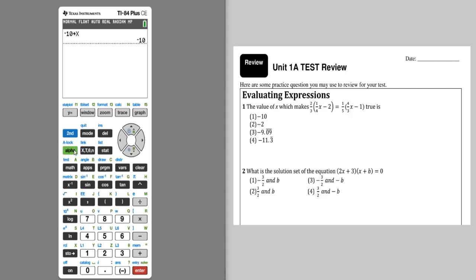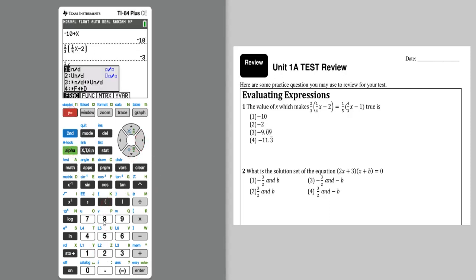So now I'm going to use my fraction tool, alpha y equals, and I'm going to type exactly what it says here, which is 2/3, arrow over, parentheses, another alpha y equals to get a fraction for 1/4. And then I'm going to type in x minus 2 and close the parentheses. I can only type in one side at a time because there is no equal symbol. So I'm going to get -3 on my left side, and then I'm going to type in the right side of the equation, 1/5,